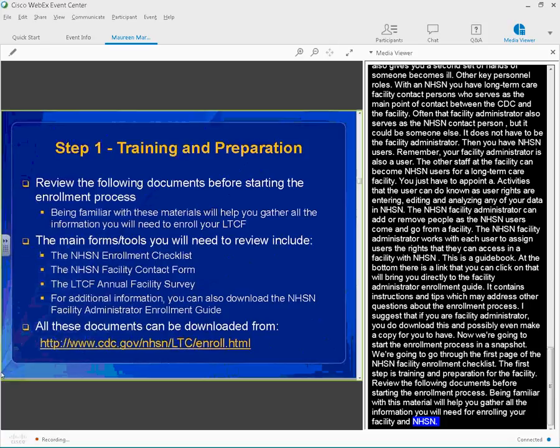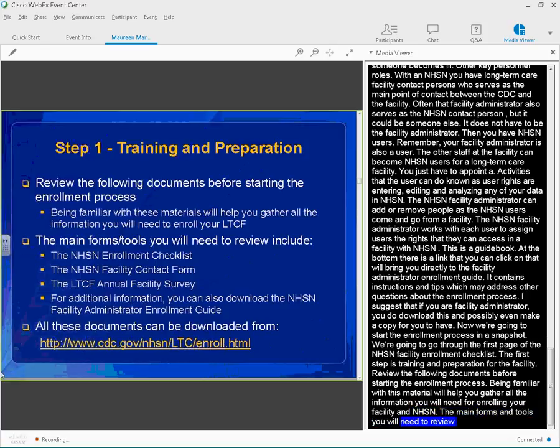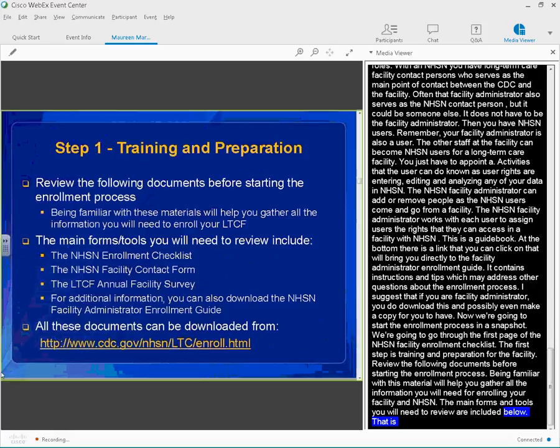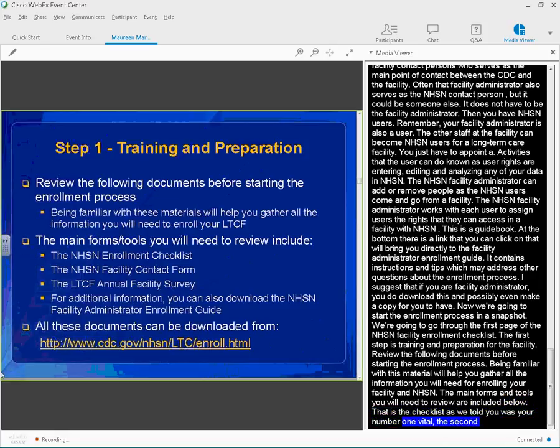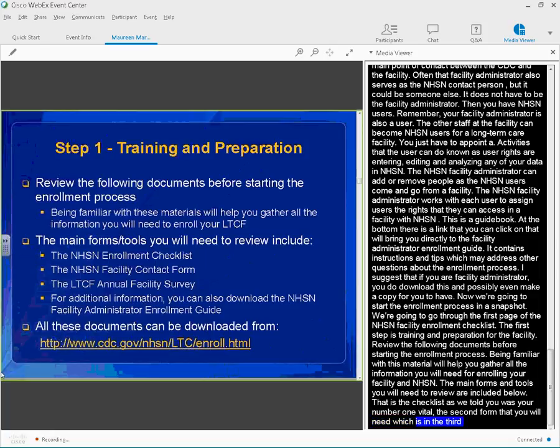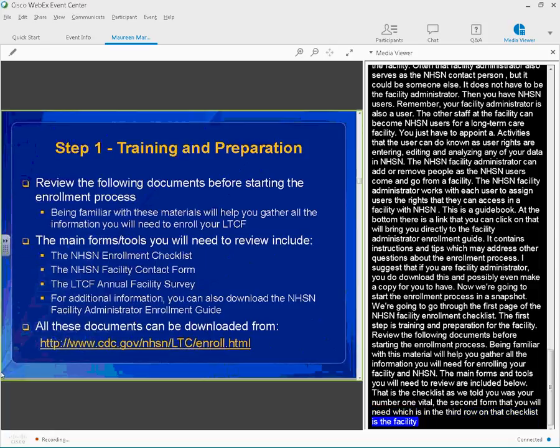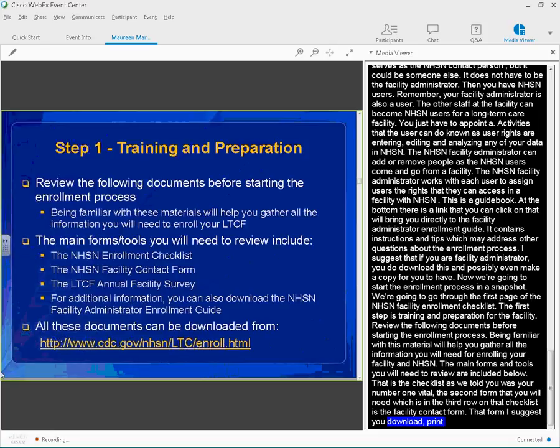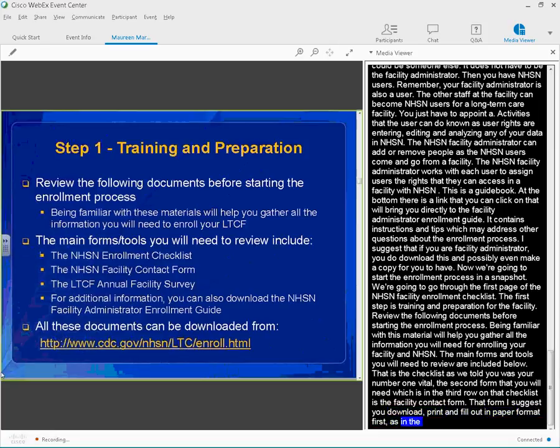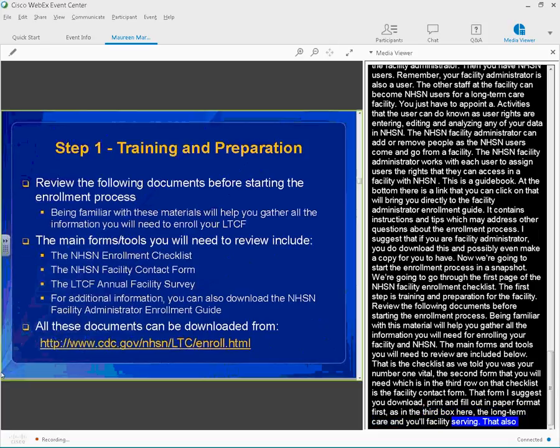That is the checklist, as we told you, your number one Bible. The second form that you will need, which is in the third row on that checklist, is the facility contact form. That form I suggest you download, print, and fill out in paper format first, as in the third box here, the long-term care annual facility survey. That also is in box 4 on your enrollment checklist. Both of those can be downloaded